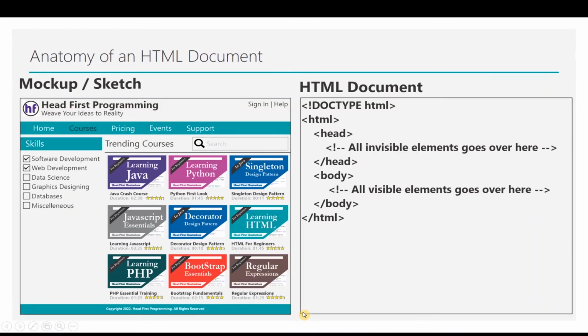So the first step ever in authoring an HTML document is to create an initial template that will serve as a container to hold other HTML elements. For a document to qualify as a valid HTML document, it must define an HTML root element that includes both the head element as well as the body element as part of it. The head element is where all the invisible stuff goes. By invisible, I mean to say that